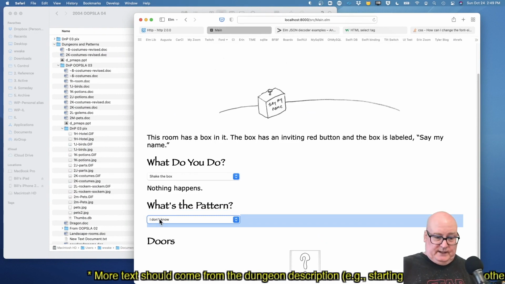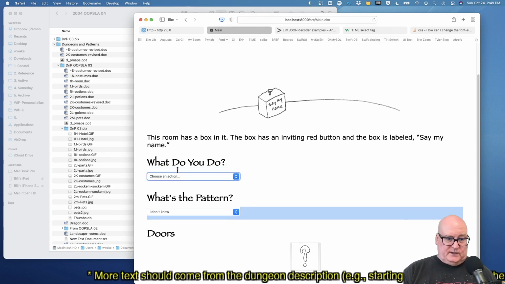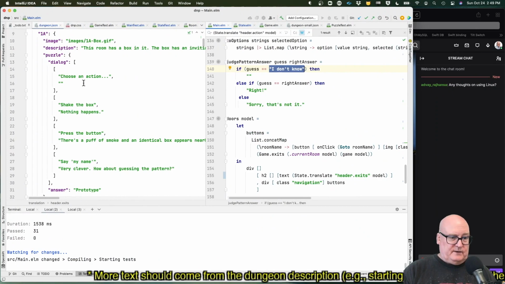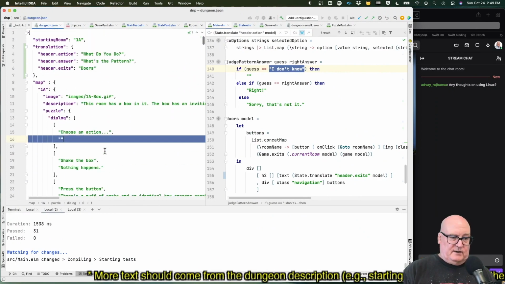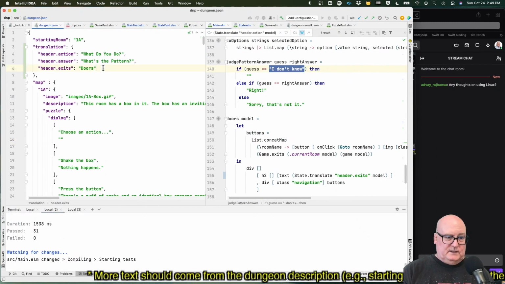We've got that in the list explicitly. But this text is something. It's sort of like a trigger phrase. What do we do here? Choose an action. They see that's sort of the same. We probably don't need that in every single one of these has choose an action, choose an action, choose an action. All right, so let's make up one that's